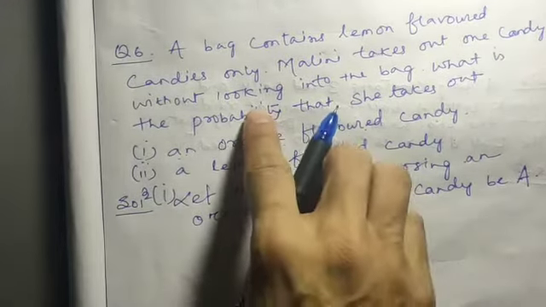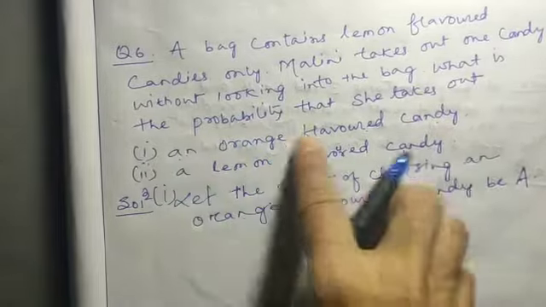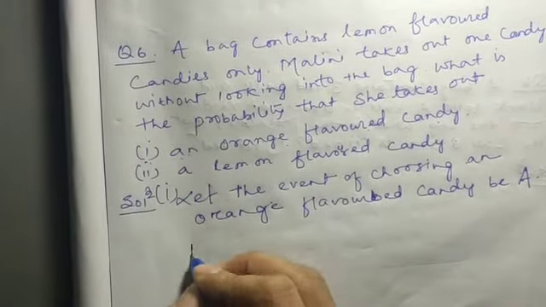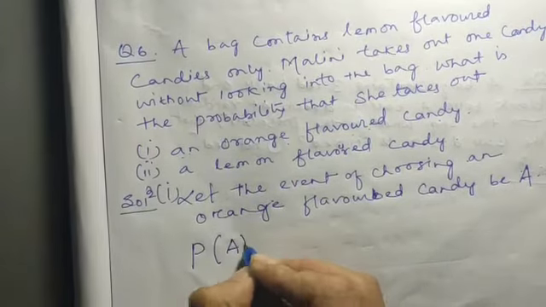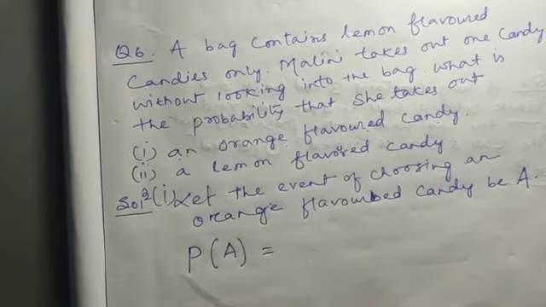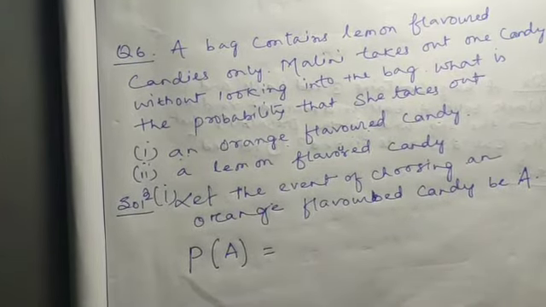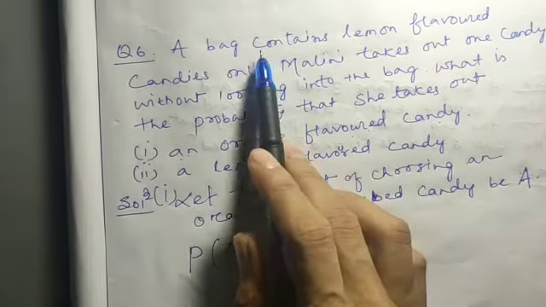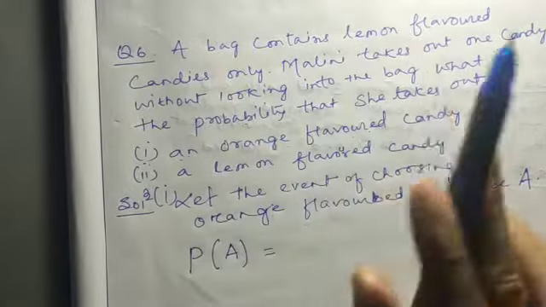This one probability we have to find out. So this event name I have given as A. So probability of A is equal to favorable outcome by total outcome, yes or no? Now see here, favorable outcome, total outcome, how many candies are there in that bag,